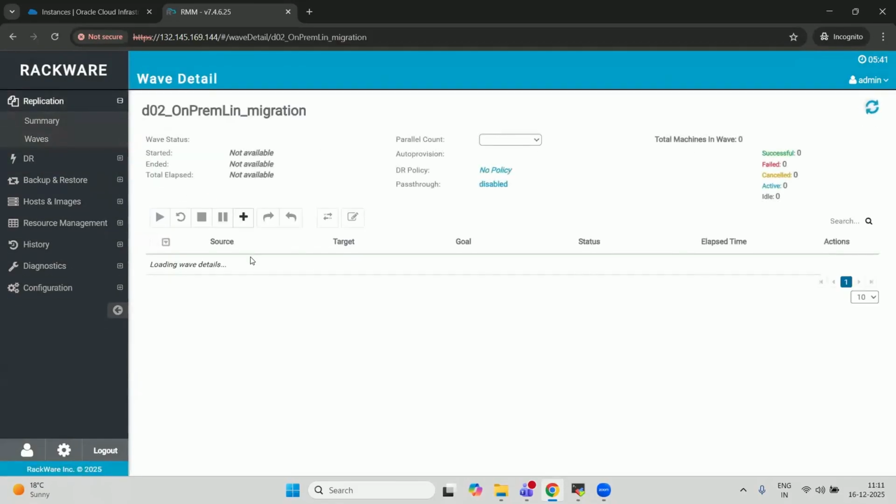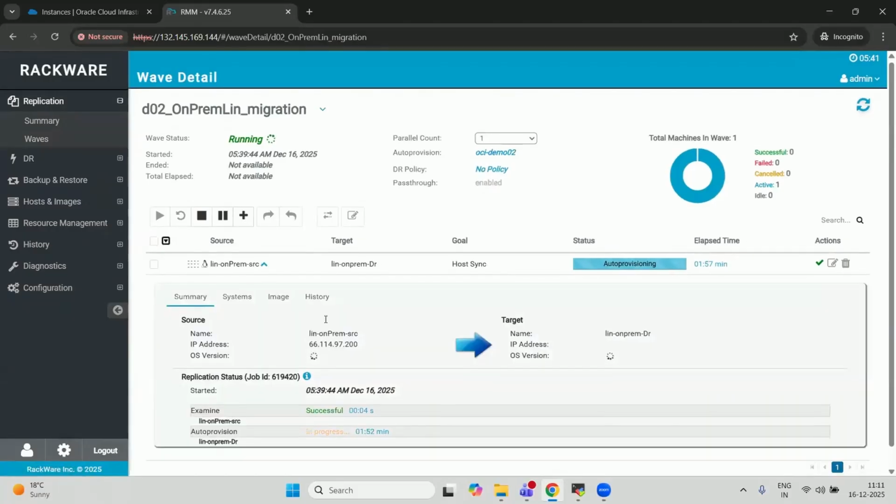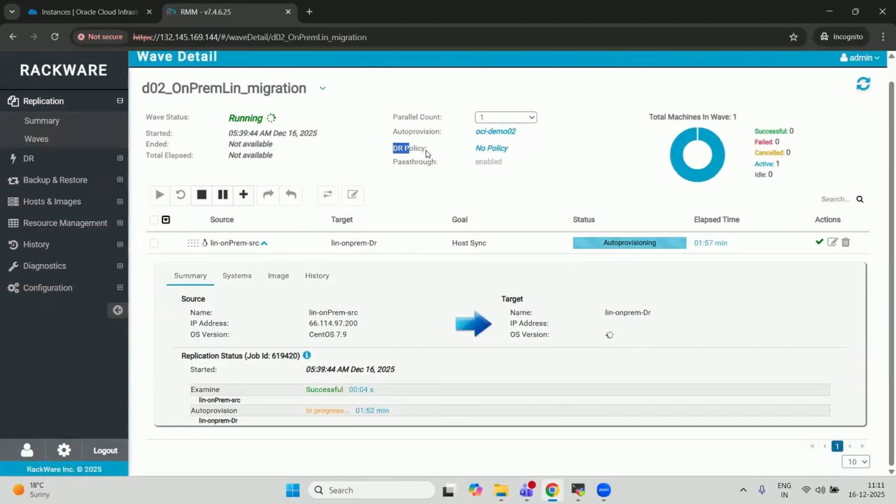It will then allow you to perform failover and fallback by a simple click of a button on RMM's GUI. Once you apply the DR policy here, the failover button will be activated. Whenever you want to do the failover, you simply click this failover button. The software will ensure the data on your DR compute machine is what we have in the captured image. Once the failover is successful, the fallback button gets activated. You click this fallback button, and the software copies the data from your DR side back to your production, ensuring you can resume your operations from the original production again.